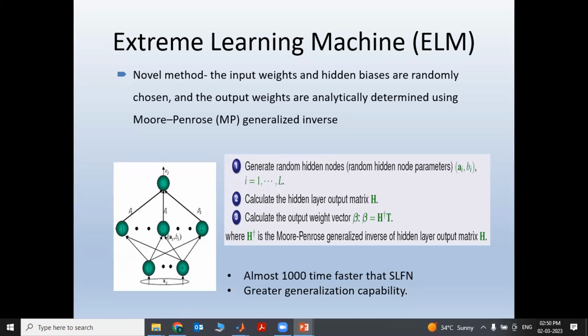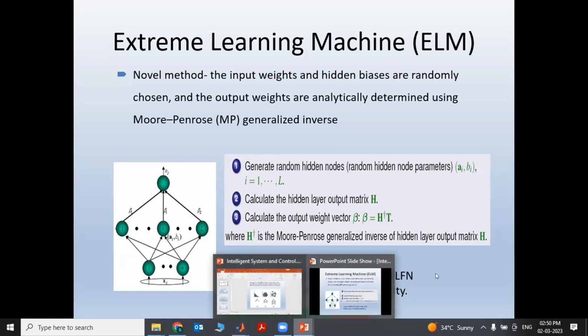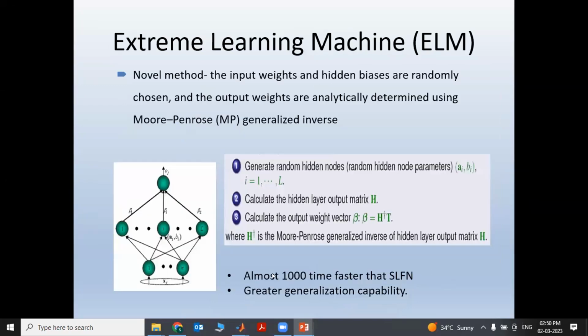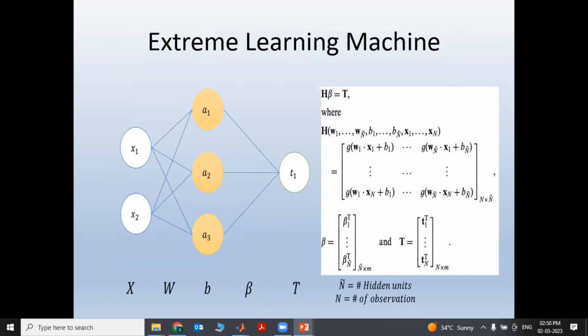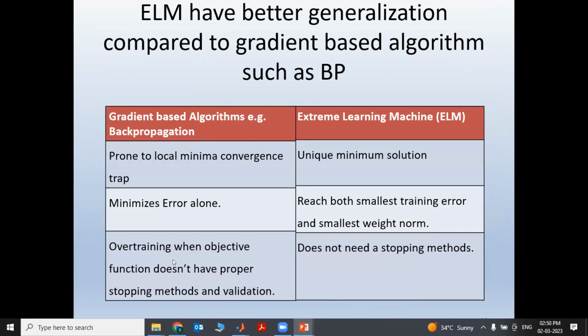In their paper, they say that the extreme learning machine is 1,000 times faster than a neural network. You can understand how much 1,000 times is. For example, if backpropagation takes 1,000 seconds, the same problem using the extreme learning machine will take only 1 second to train the network, and it also gives greater generalization and greater accuracy.